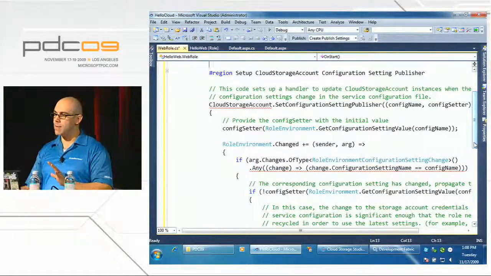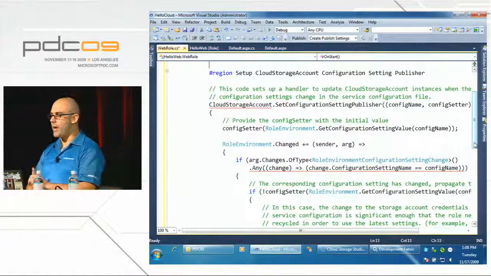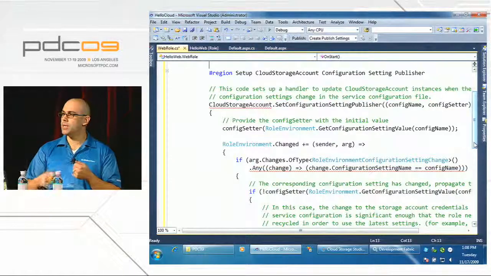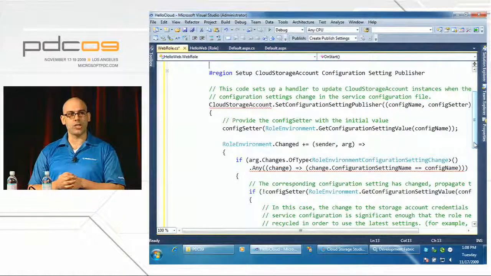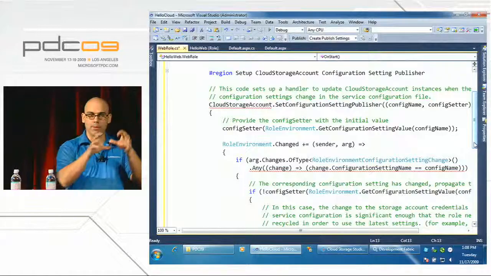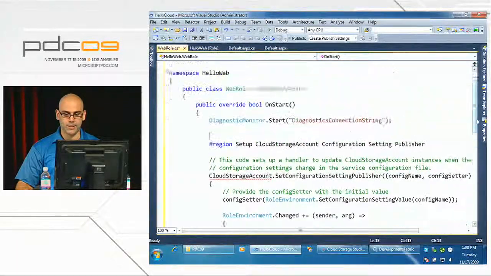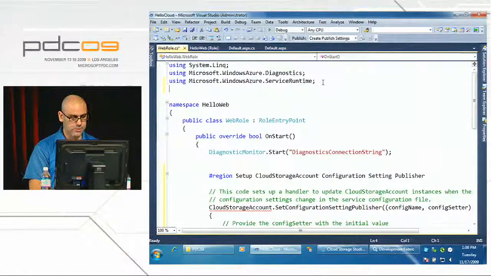You'll see it a lot in the samples. You'll see it in the code snippets that I'll provide after this session. And essentially what it's doing is it's creating a wire up to say, if any configuration settings ever change in this app, can you please go let that part of my code know about it so it can adjust. And so let's go and add the appropriate reference